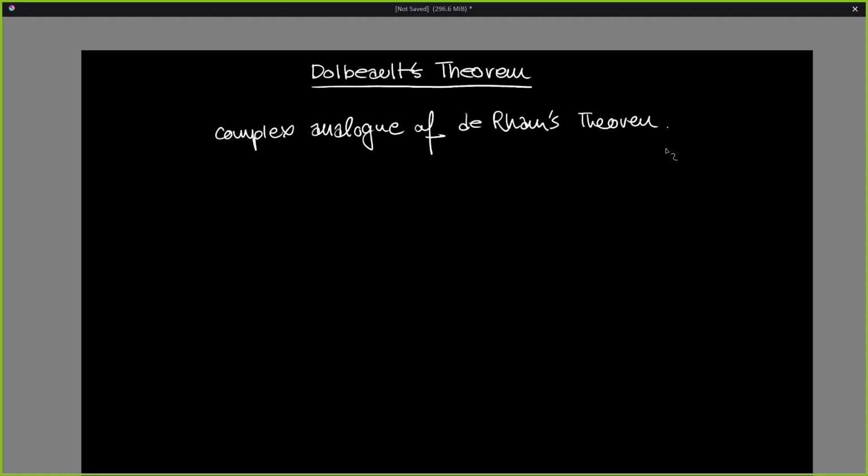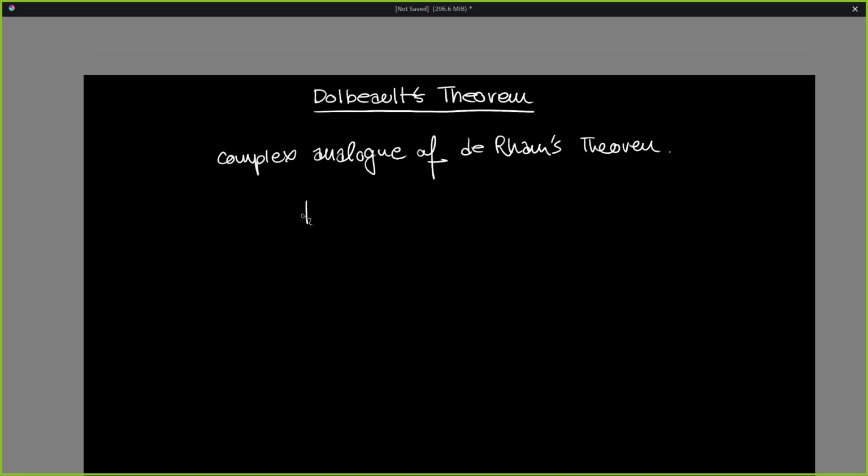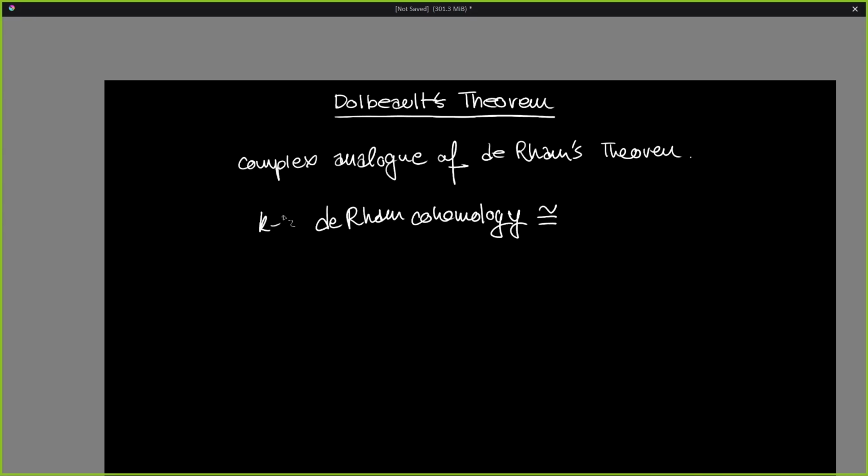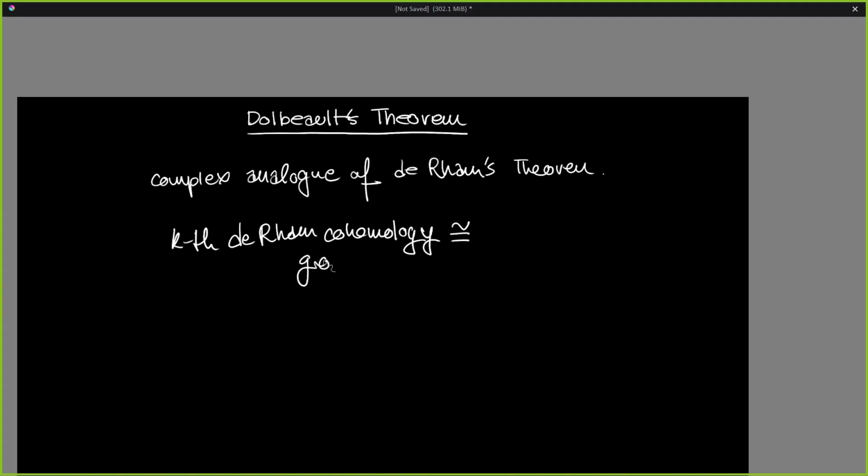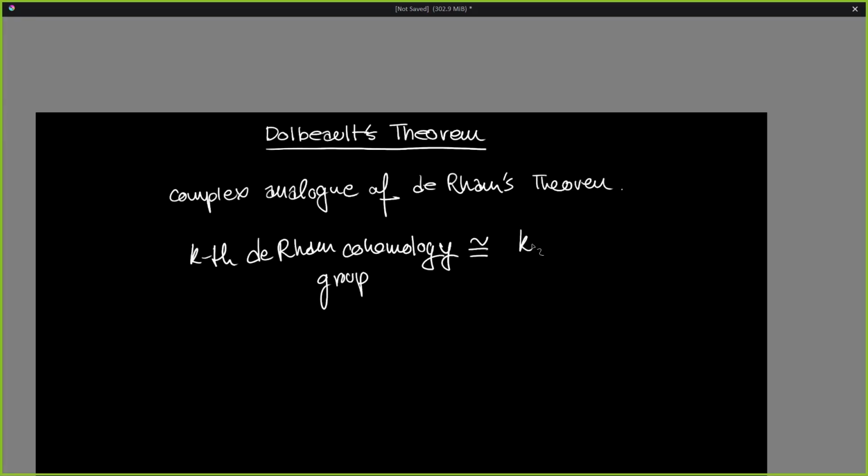I don't have the precise formulation, but it basically says that the kth de Rham cohomology group is isomorphic to the kth singular homology. We don't have time to get into what the singular homology is. That's why we're not getting too much into it. But